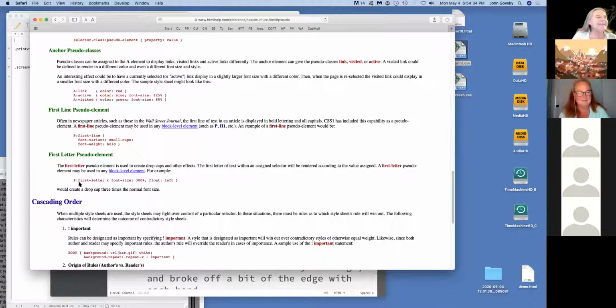Right. And then you can actually say P dot whatever the class name is, and then colon first letter, you see. So you would insert the class after the P. It would be P dot your class name, colon first letter. Isn't that weird? I know it's weird, but that's how you would do it. I was trying all sorts of stuff and it just wasn't happening, so I thought I'd just wait and ask you. That's a little confusing in terms of using classes.